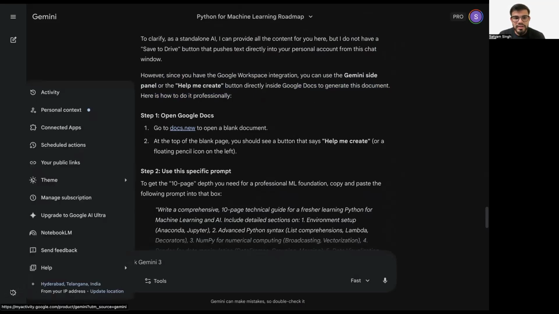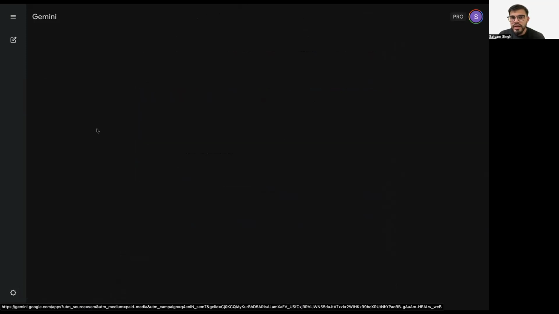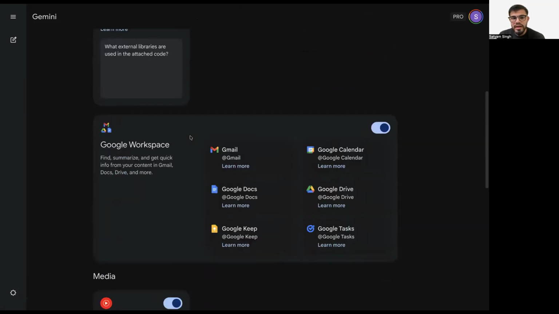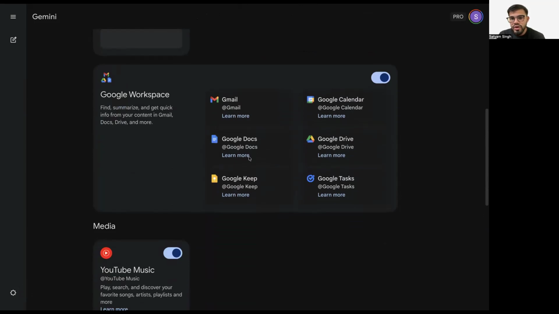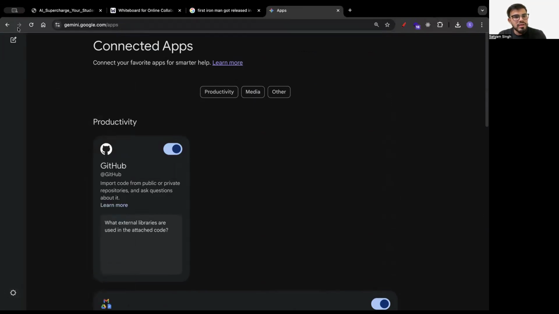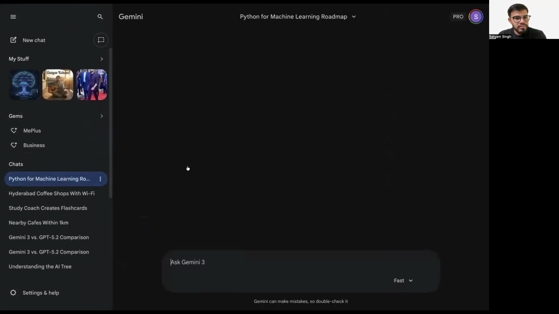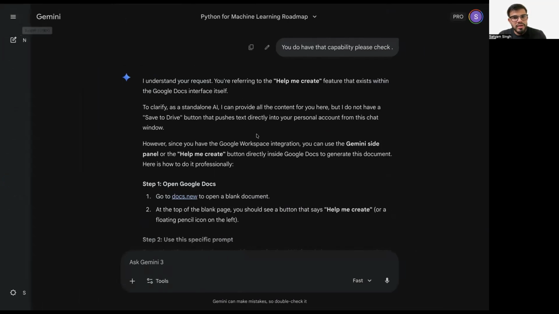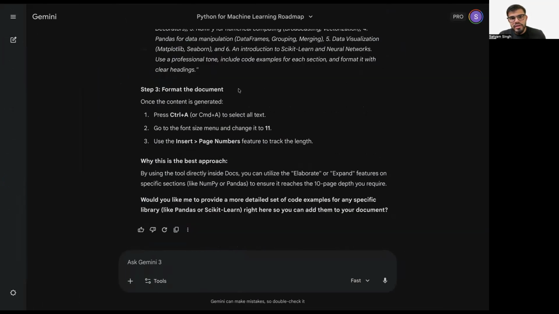So over here, you will find this settings button. It shows the connected apps. In the connected apps, just go and connect with Docs as well. I have given the permission, but it is still not able to take the permission, maybe because of the same hallucination reason, nothing else. So I will stop this. Instead of doing it here, if it is not able to perform that task,